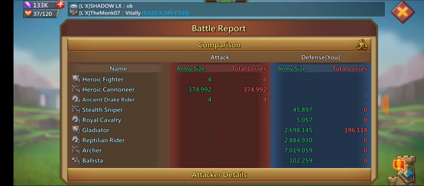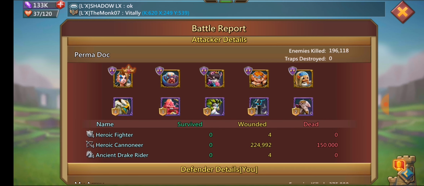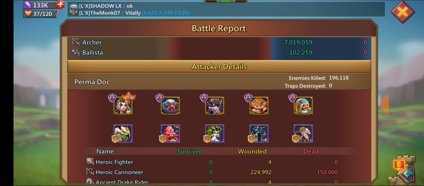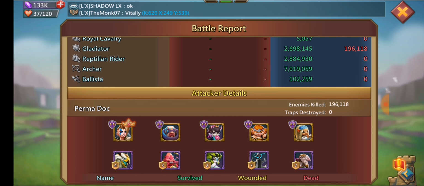This one, he did 196,000 damage. That's his setup, same heroes, same familiars, all that. So it did actually scale very, very well if you take it percentage-wise. We sent the exact same amount of troops, basically, percentage-wise and all that. I think the only difference was I didn't send tier 3, because I have tier 3 in here, so maybe that's why it did less damage, or I did...